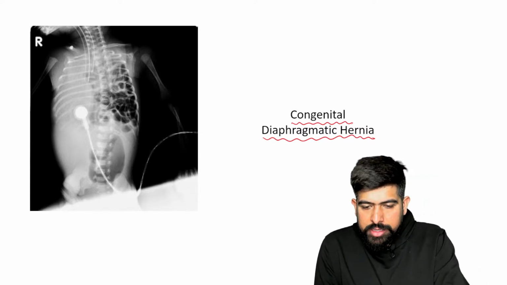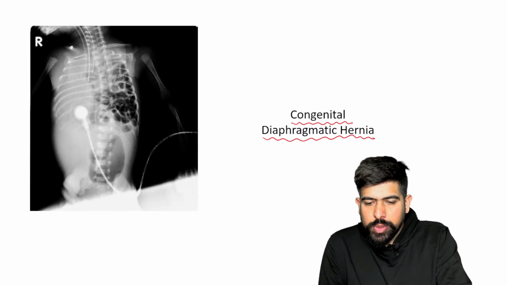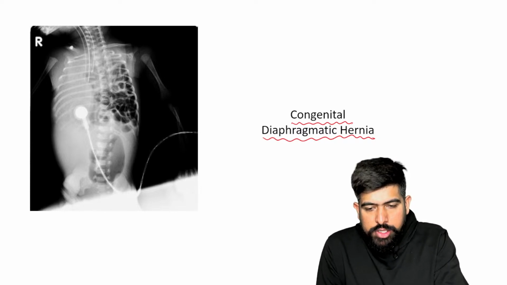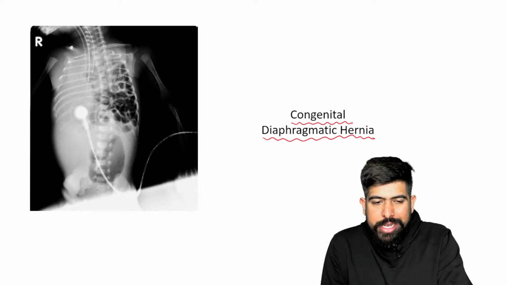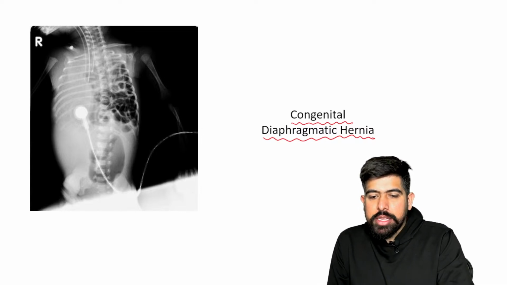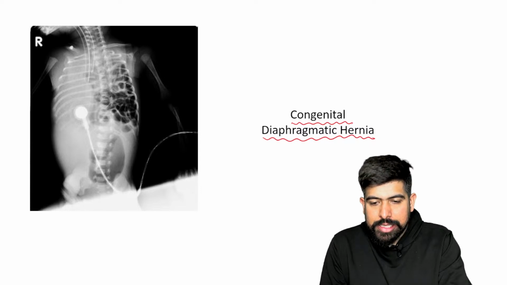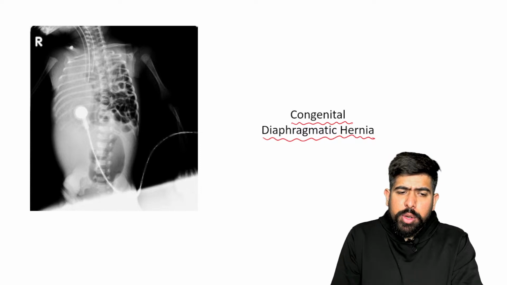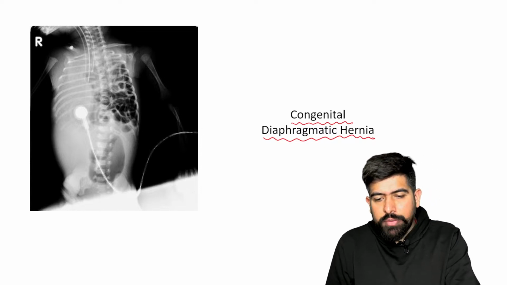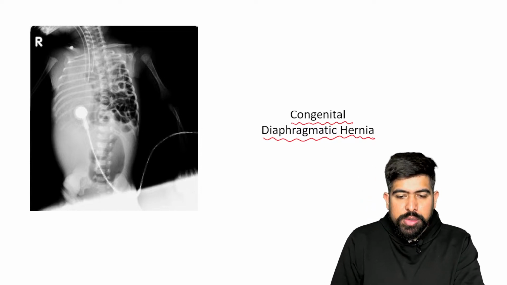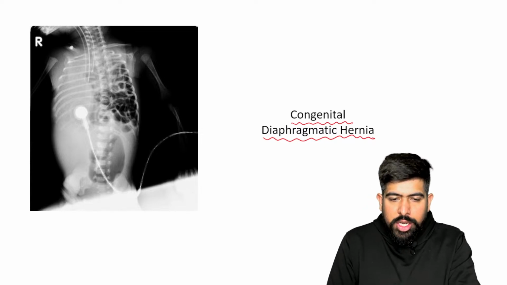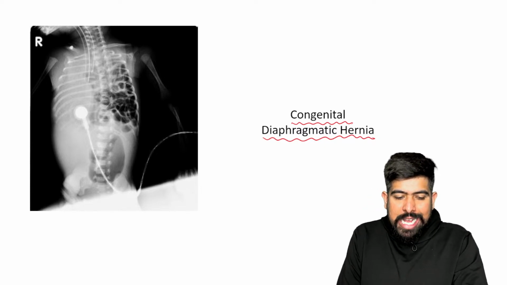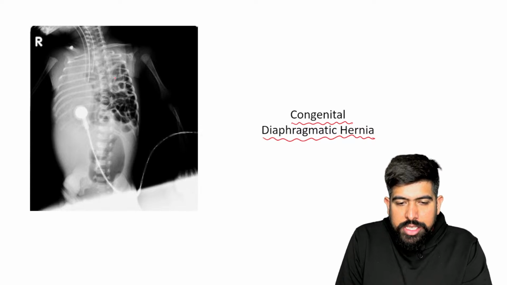Yes, Bochdalek hernia, I agree with you. You can also say the soap bubble appearance. There is a bubble, or the intestine, in the thorax, with the lungs. So the intestine moves up above the diaphragm in congenital diaphragmatic hernia. But what is happening in this condition, you can see here. This is the intestine.